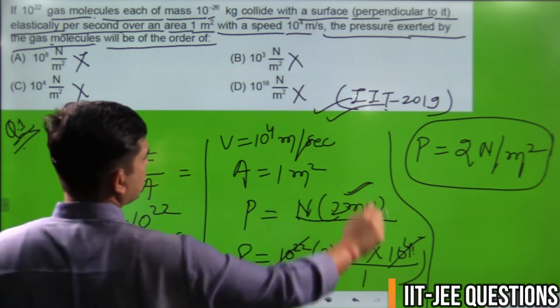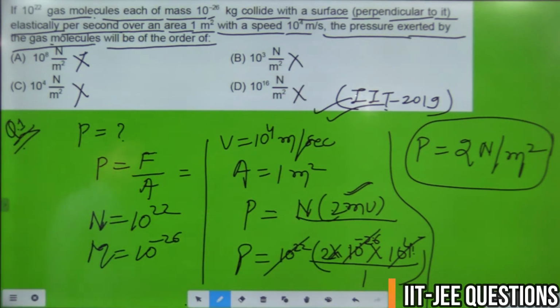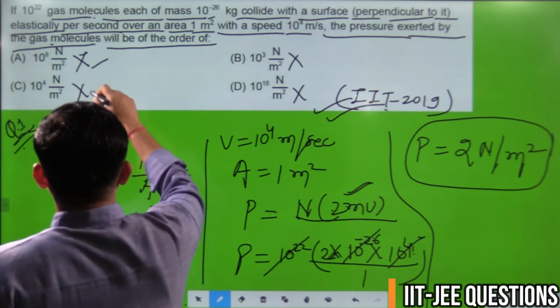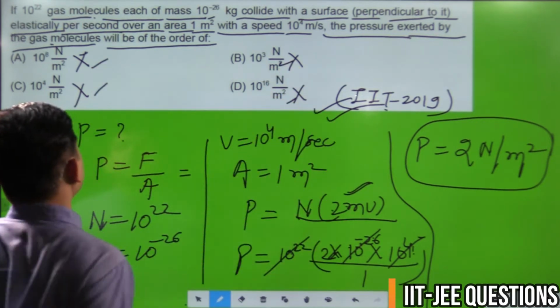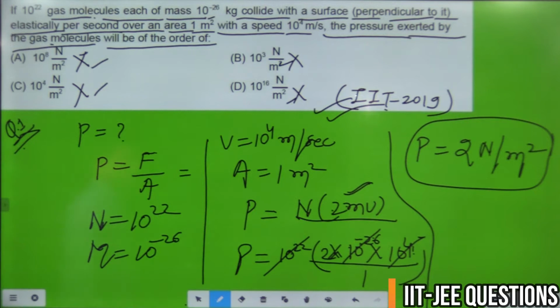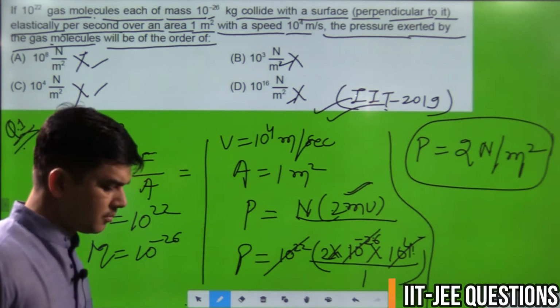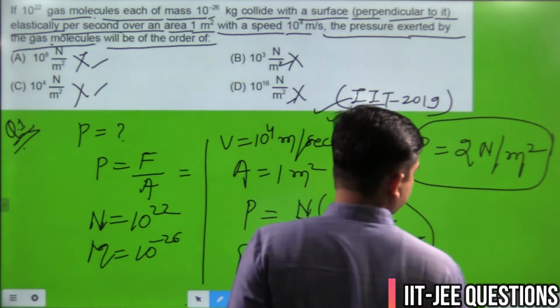It's a bonus question because all the options given in the question are not correct. Next we have